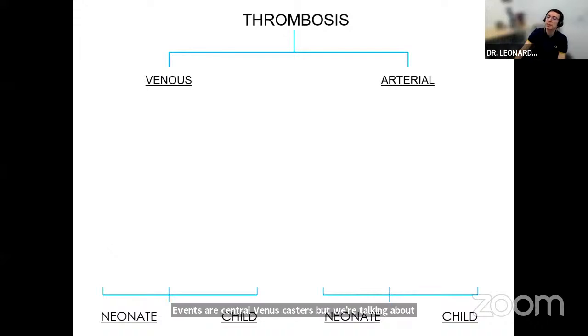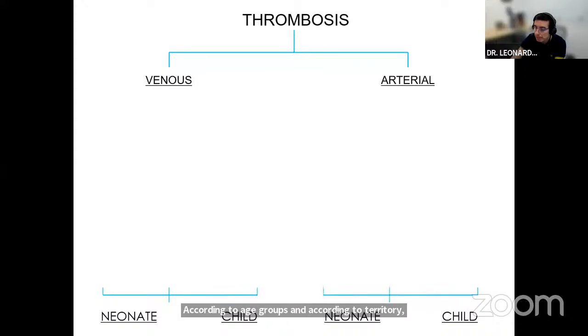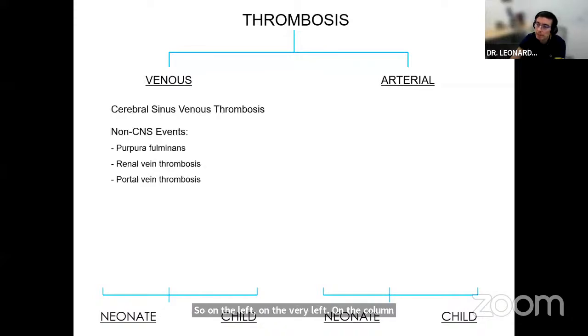This is another graphic way of portraying, according to age groups and according to territory, venous on the left and arterial on the right, clinical scenarios that may potentially evolve to thrombotic emergencies according to the definitions we started with. So on the very left, on the column representing neonatal cases, we have cerebral sinus venous thrombosis. Approximately 45% of all CSVTs, or CVTs if you prefer the abbreviation, occur during the initial 28